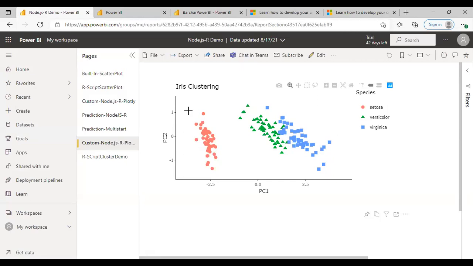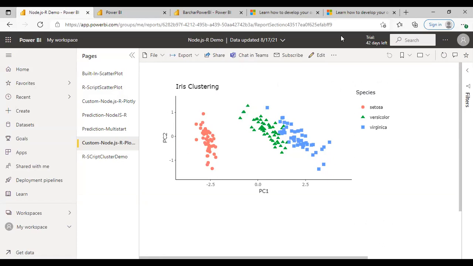So this is very useful when our clients want to visualize the outputs of statistical models or machine learning models dynamically, for different kinds of combinations of filters. If they want to visualize the models, they can use this method using Power BI as well.